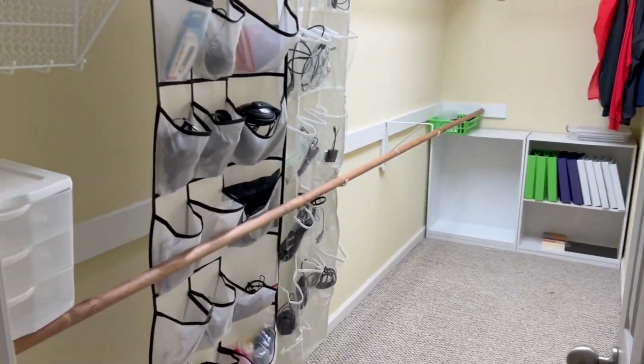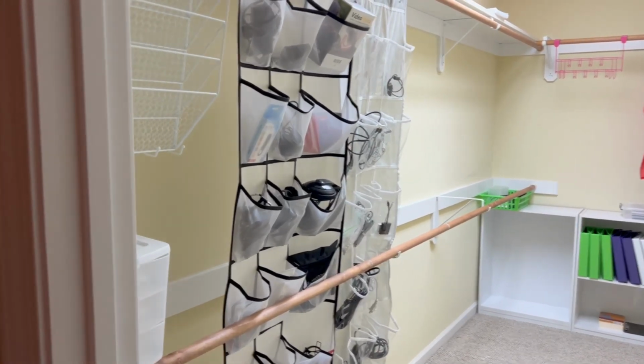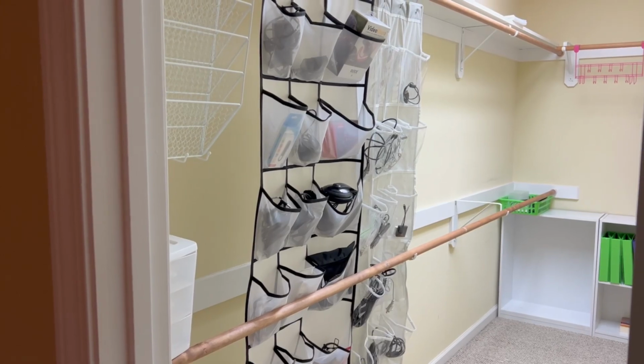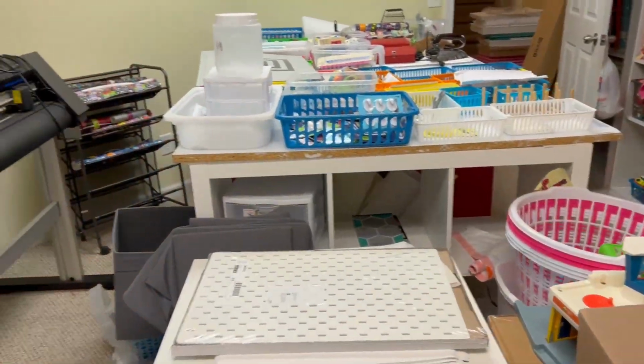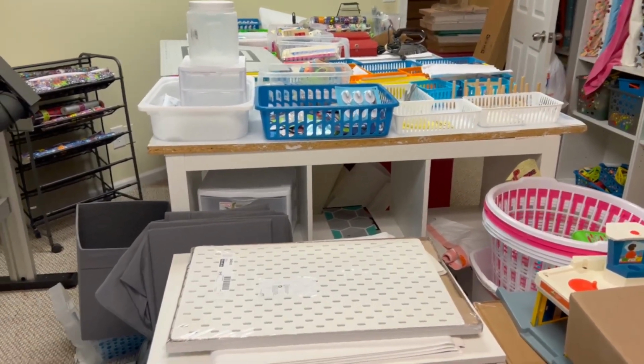So anyway, that's what we've done for today. And the rooms, in general, they don't look any better, but I am making progress. As long as I make progress every day, then I'm happy. All right, thanks. Okay, so I thought I was done with day 2, but I got a little bit